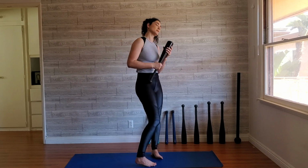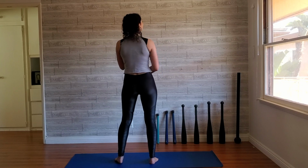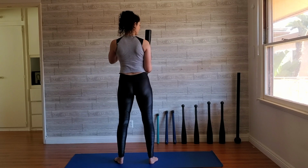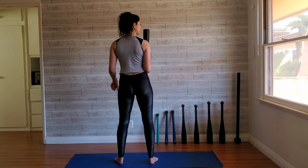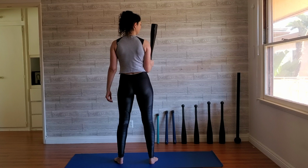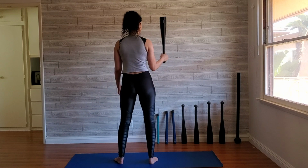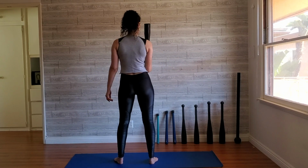I'm going to do it backwards so that you see me from the back. Outside and away from the body. Going that way. Tuck that pelvis under. Chest is down. Shoulders packed down. Spreading the earth with your feet. 1, 2, 3, 4,